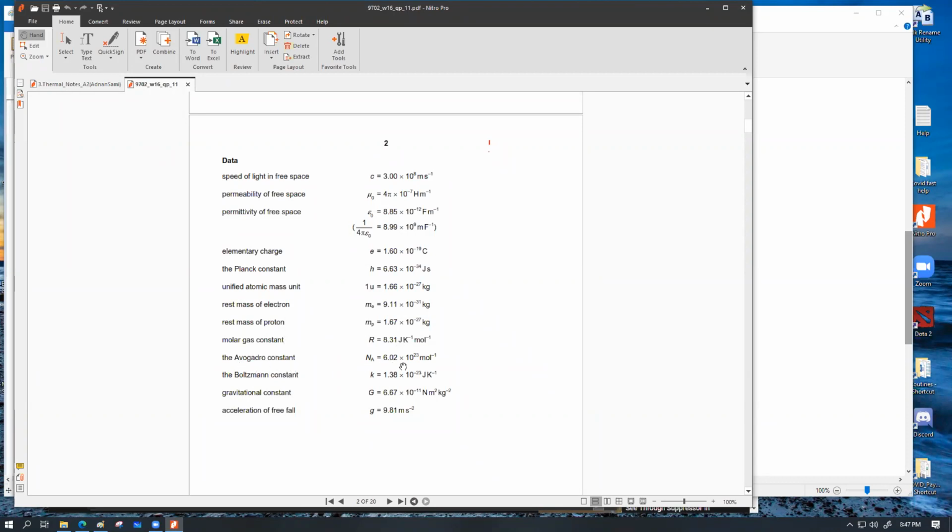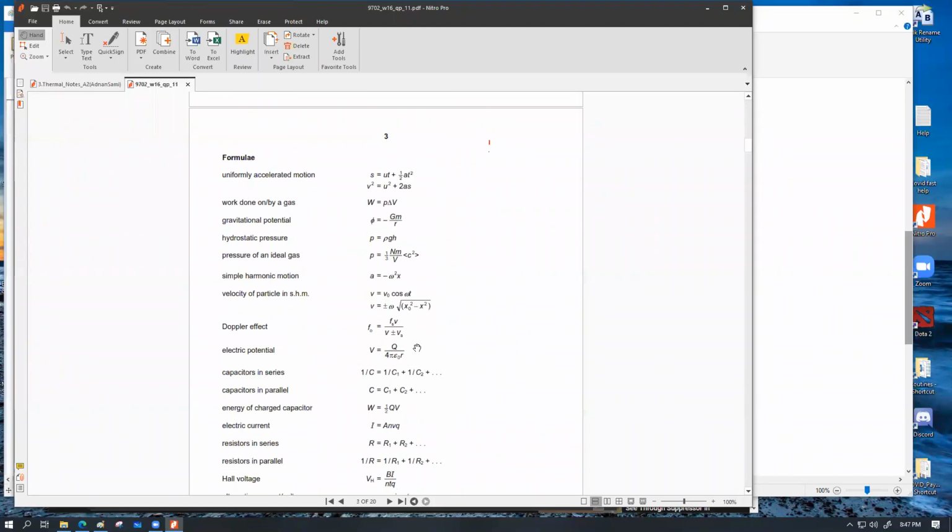Avogadro constant is 6.02 into 10 to the power 23 per mole. The Boltzmann constant is the division of these two, that is 1.38 into 10 to the minus 23 joule per Kelvin. And these are the three things of the gas law that you're going to have available to you as constant values. As for the formula part,